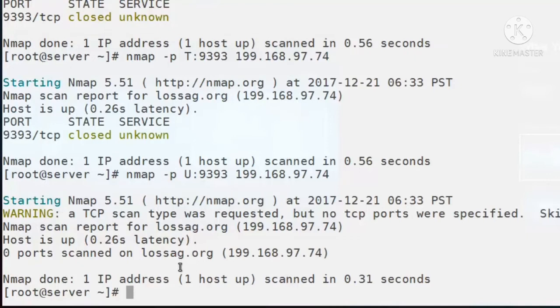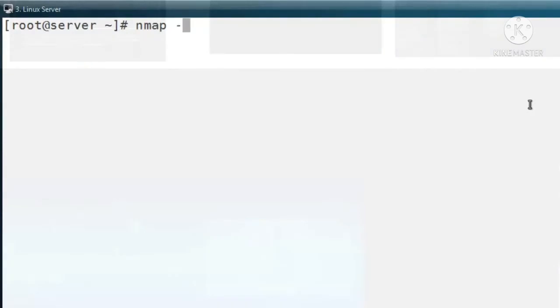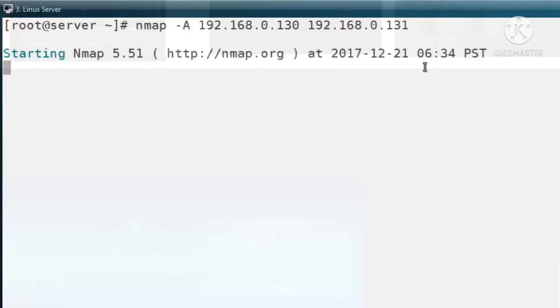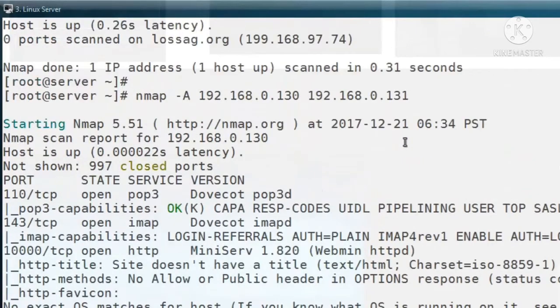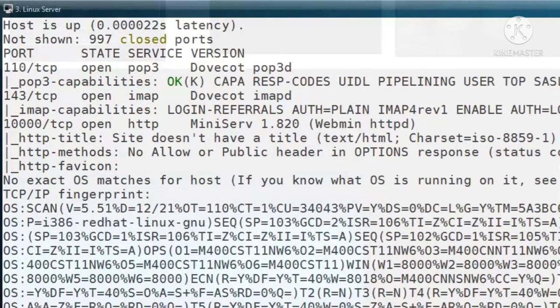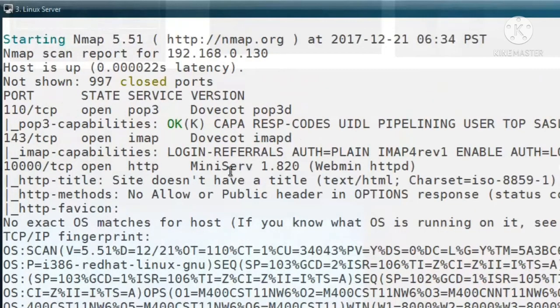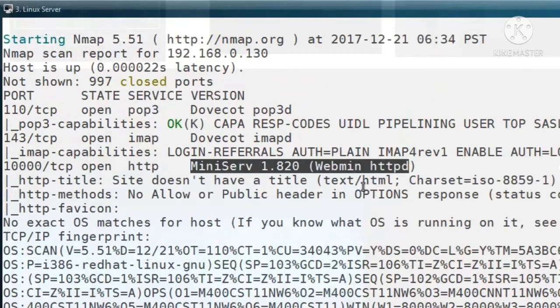And another useful option is, if you want to scan an entire network, or if you want to scan multiple systems, you can also use this command, nmap, and specify all the host IP addresses or an IP range. You can enter them and then try the scanning results also. Here is the list from the previous command. It will print the status of all the remote IP's port numbers. Port 118 is in open state. The service is POP3, and port number 143 is the IMAP protocol. It is in open state.